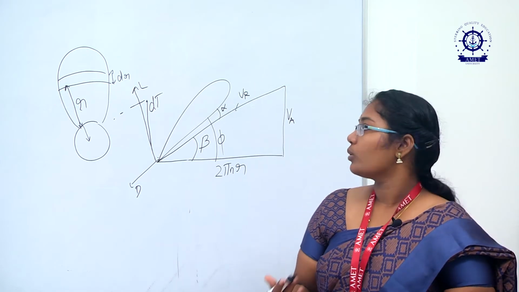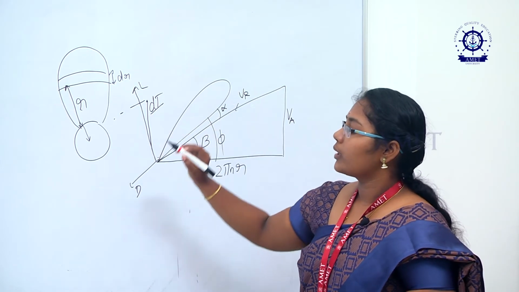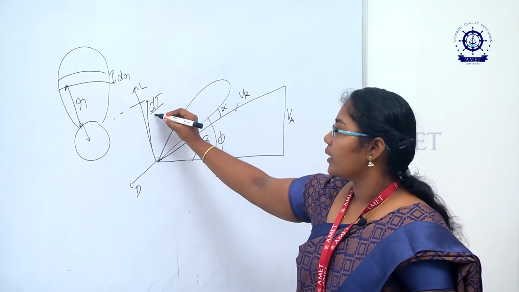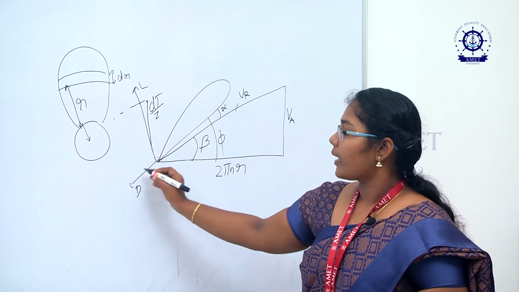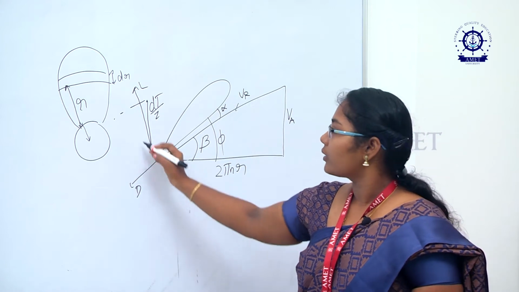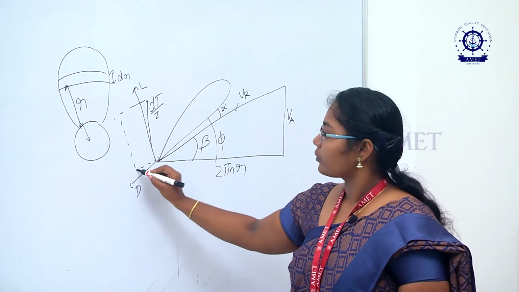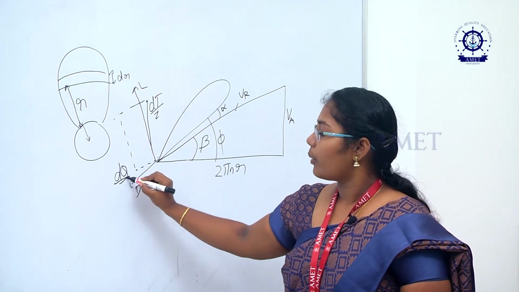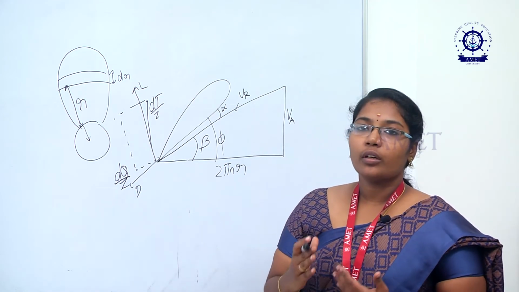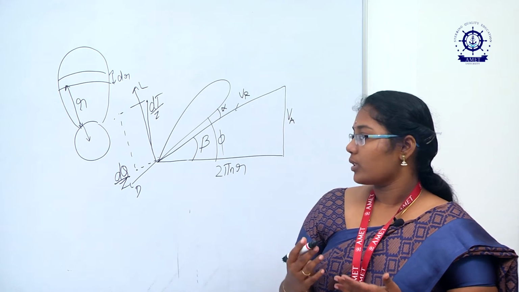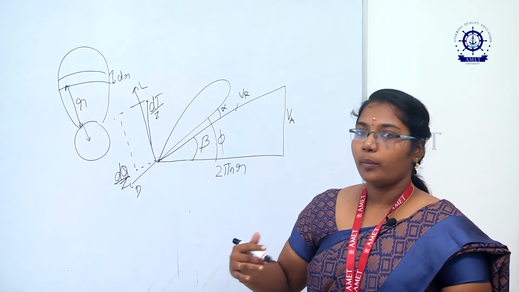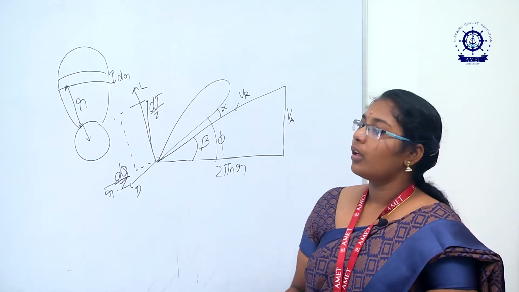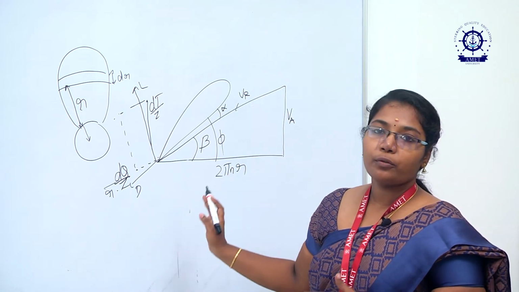Since I am taking only the element, I am making it dT, and we have to integrate for all the blades. So, I am dividing it by Z, the letter Z denoting the number of blades. So, dT by Z. In the same way, the drag component will give what is nothing but our torque. Here I am going to put dQ by Z, where Z is the number of blades, and since we are talking about the angular velocity, we have to take the moment. So, I am dividing it by r. This is what your force diagram will be without induced velocity.